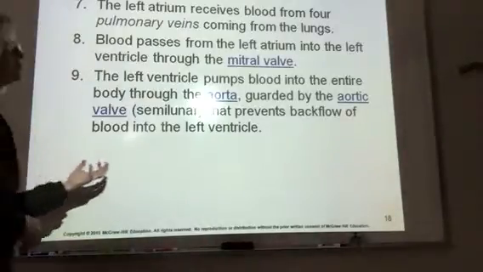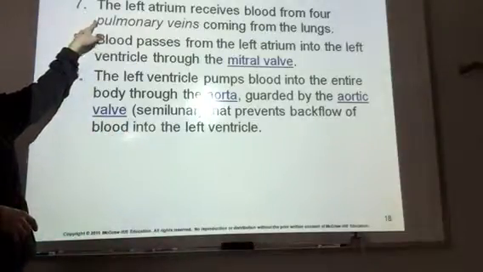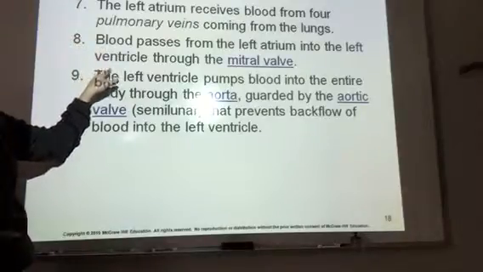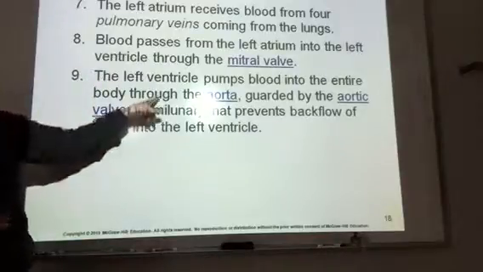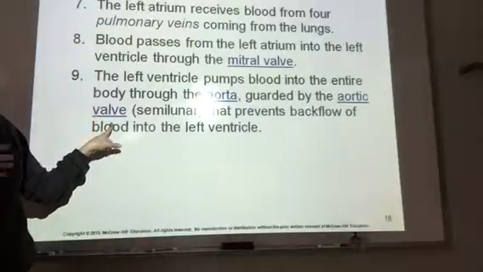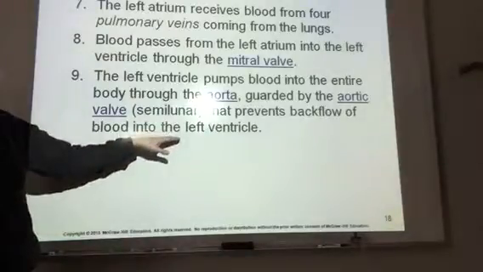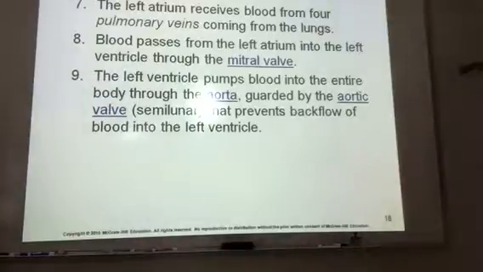So left atrium, left side, blood comes back from the lungs through the pulmonary veins, goes through the left atrium, goes through the mitral valve, left ventricle pumps to the whole body, and that goes out through the aorta. The aortic valve is the valve that occurs there and prevents backflow of blood into the left ventricle. I'm reading through this fairly quickly because when we look at the diagram, this is good to go back and look at, but the diagram